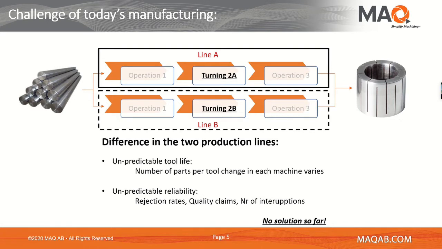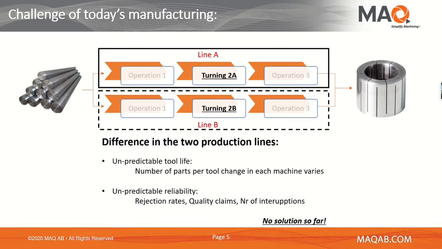I took as a challenge for today's manufacturing, we have one example here where we turn the raw workpiece material into steel bushings, and in some of the steps we have the turning operations. And let's say that we have made the same investment to build 2 production lines. We bought the same machines, used the same tools, and the difference is that all of a sudden, after a